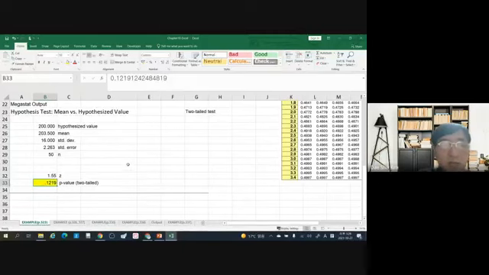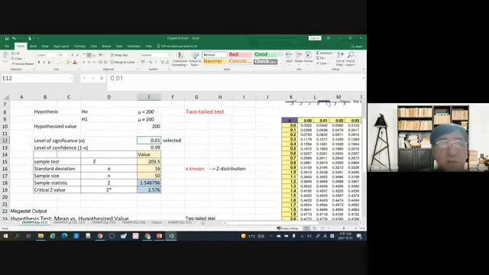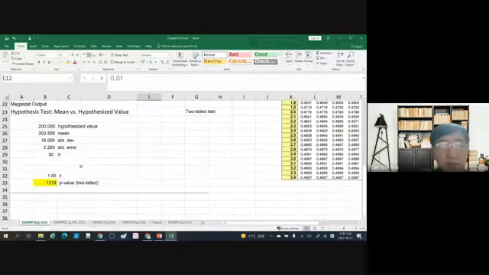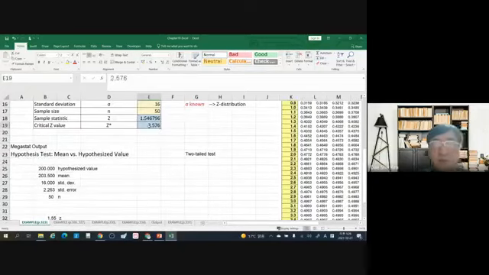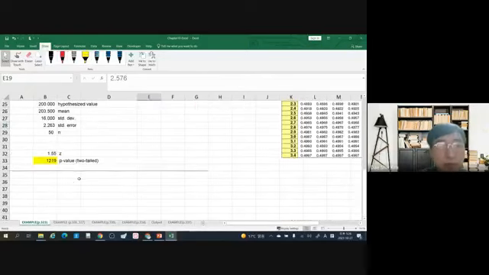So here alpha was 0.01. Then we don't need to look at just this value. I will not use this one. Instead, I will use this value. Alpha was